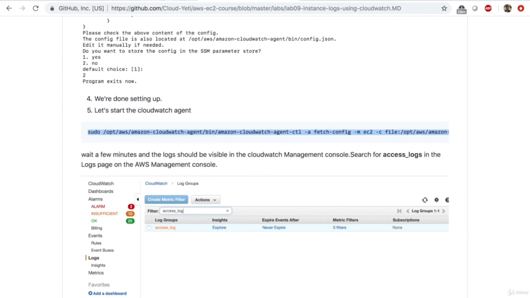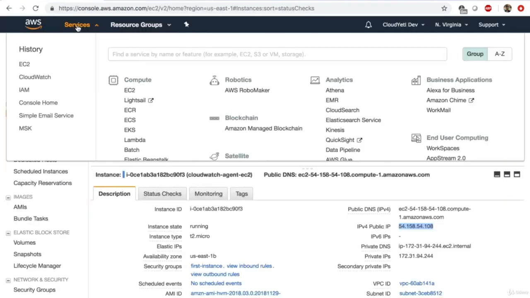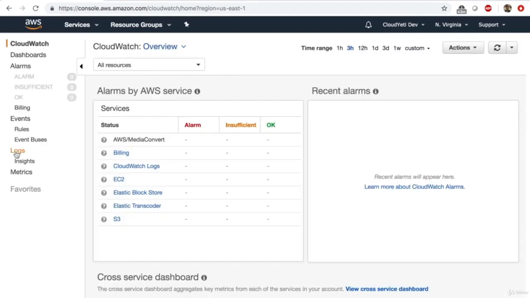Now we want to go back to this web page, the default Apache web page, and generate a couple of logs by refreshing our page, right? So 1, 2, 3, 4, 5. So this should generate a few log entries in the log file, and those log entries should be sent to Amazon CloudWatch. So if I go to services and click on CloudWatch, and under logs,